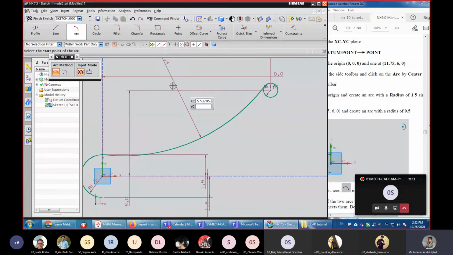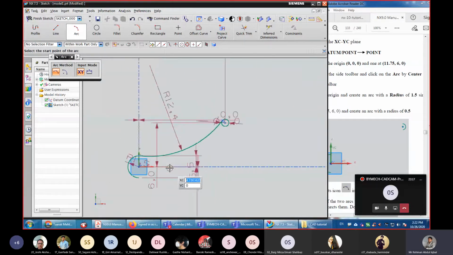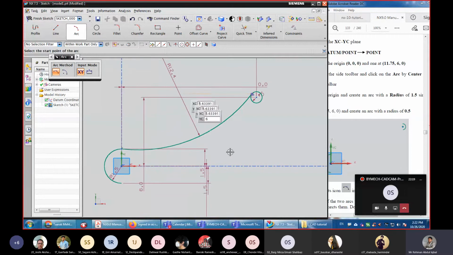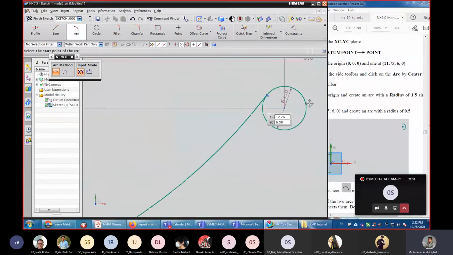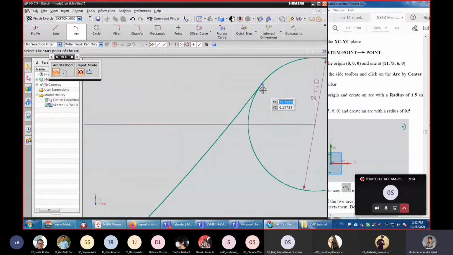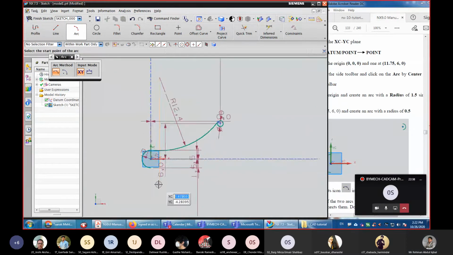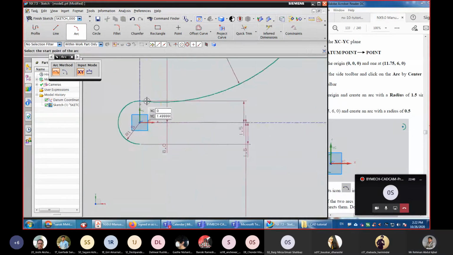Okay, don't bother about the location or the size of the radius of this arc, will change it later. You ensure that these two arcs, this one and this one, are tangent. Similarly, these two are tangent. So the symbol is there, they are tangent to each other.